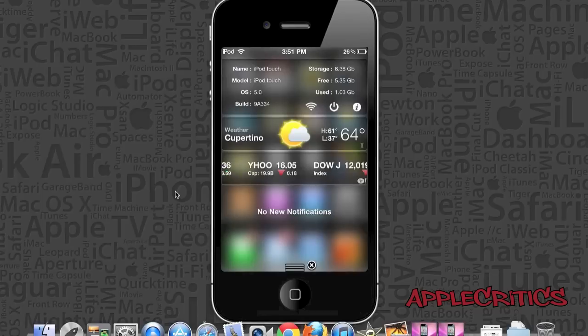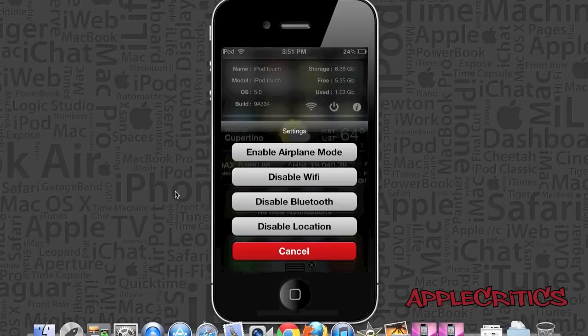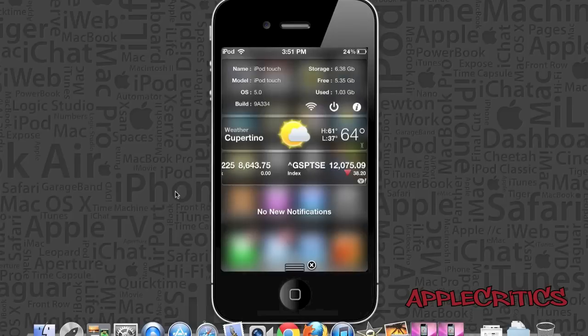Now once you enable OmniStat, you will see that it shows the name of the iPod Touch, the model, the build of it, and also the OS, and you also have Wi-Fi options in which you can enable airplane mode, disable Wi-Fi, Bluetooth, and also location services. And then it shows the storage of the actual iPod and how many gigabytes you have free and how much you use. And you also do have power options,